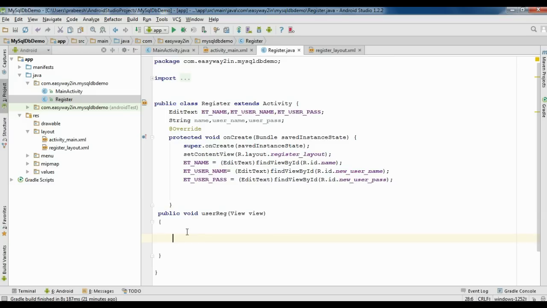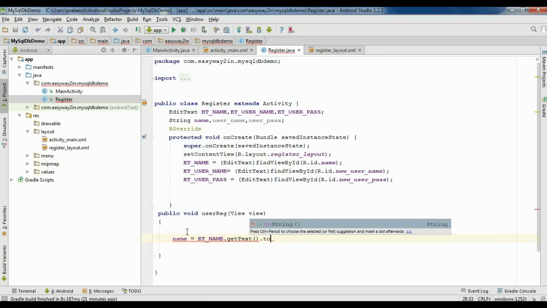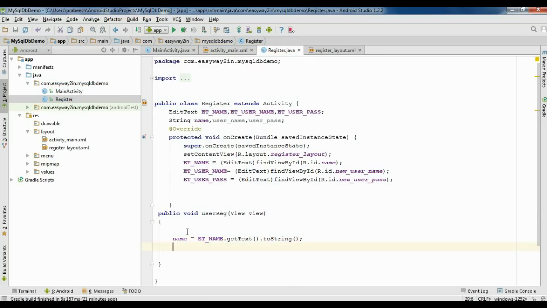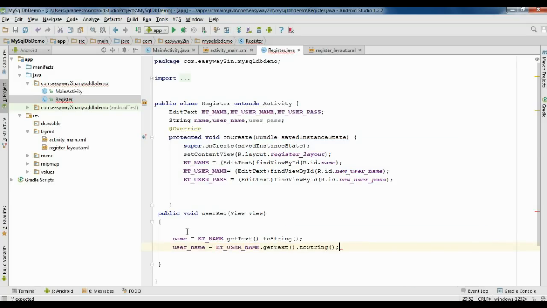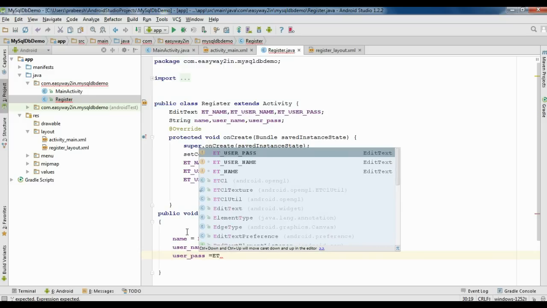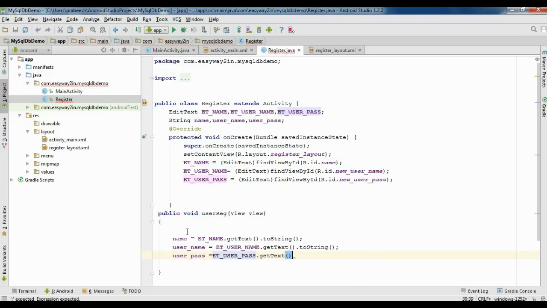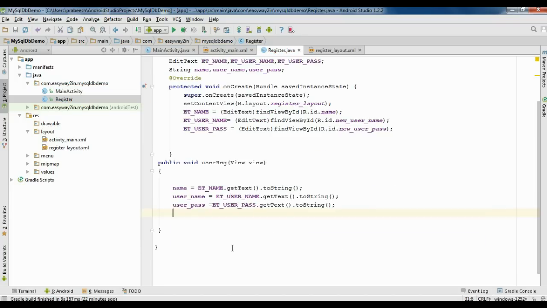So we have to initialize the string variables here. First one is name equal to et name dot getText dot toString. Second one is username equal to et username dot getText dot toString. Third one is user pass equal to et user pass dot getText dot toString. Okay, now we need to pass this information to the server, and we have to put this information into the